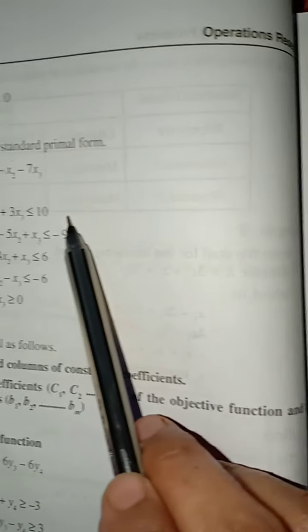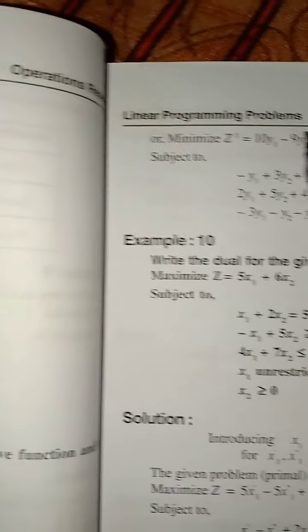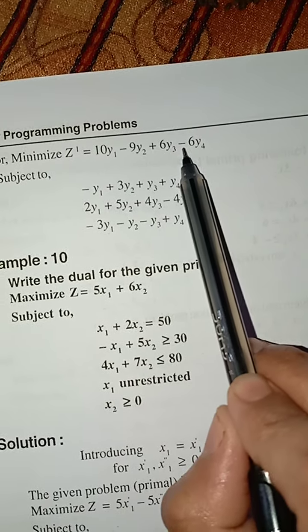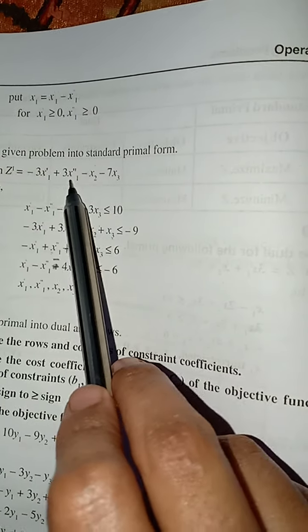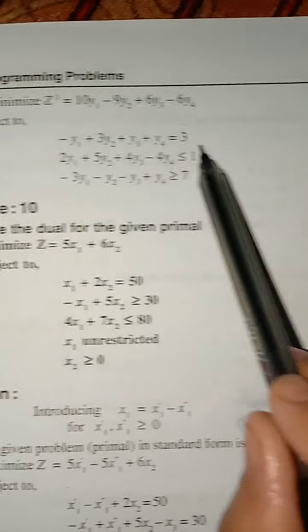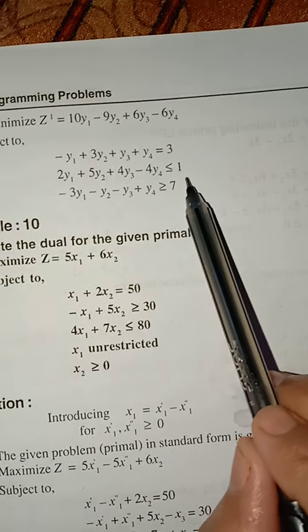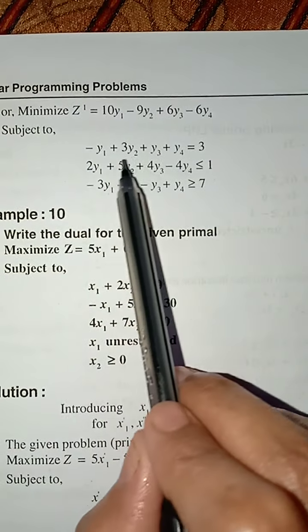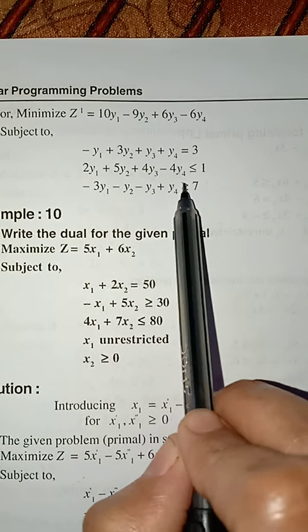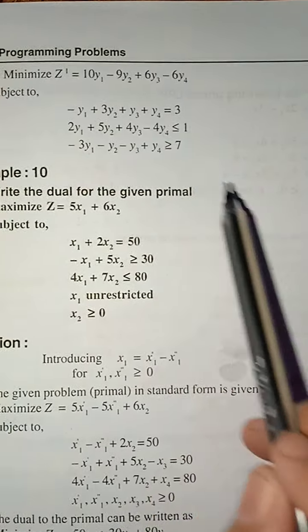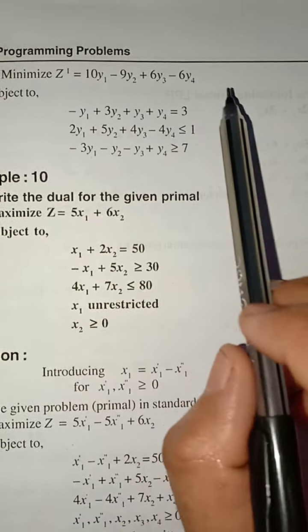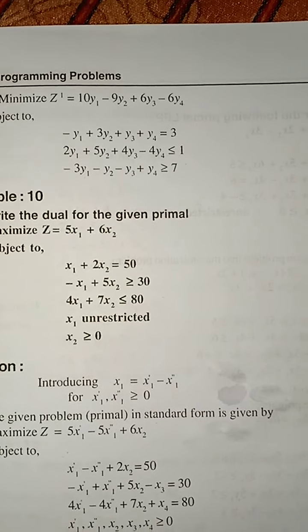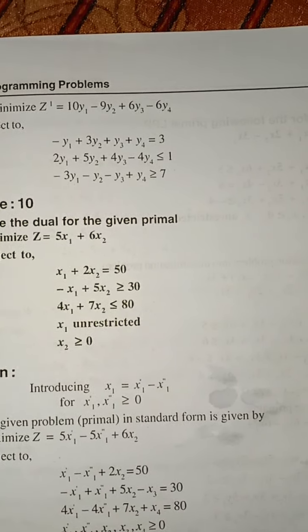See here, the right hand sides they have taken as the objective function, and the values whatever you get here, that is 3, 3, minus 1, 7, they have taken here. You can see here, and you have to change the signs also. I think you have to change from greater than, if it is greater than, you have to make it as less than, and less than will go to